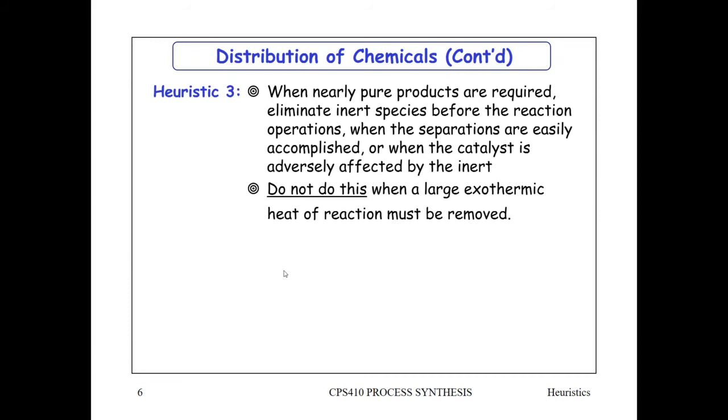So sometimes it's useful to have an inert. But if the reaction's temperature is easy to control, then you would rather separate the water before it goes into the reactor,